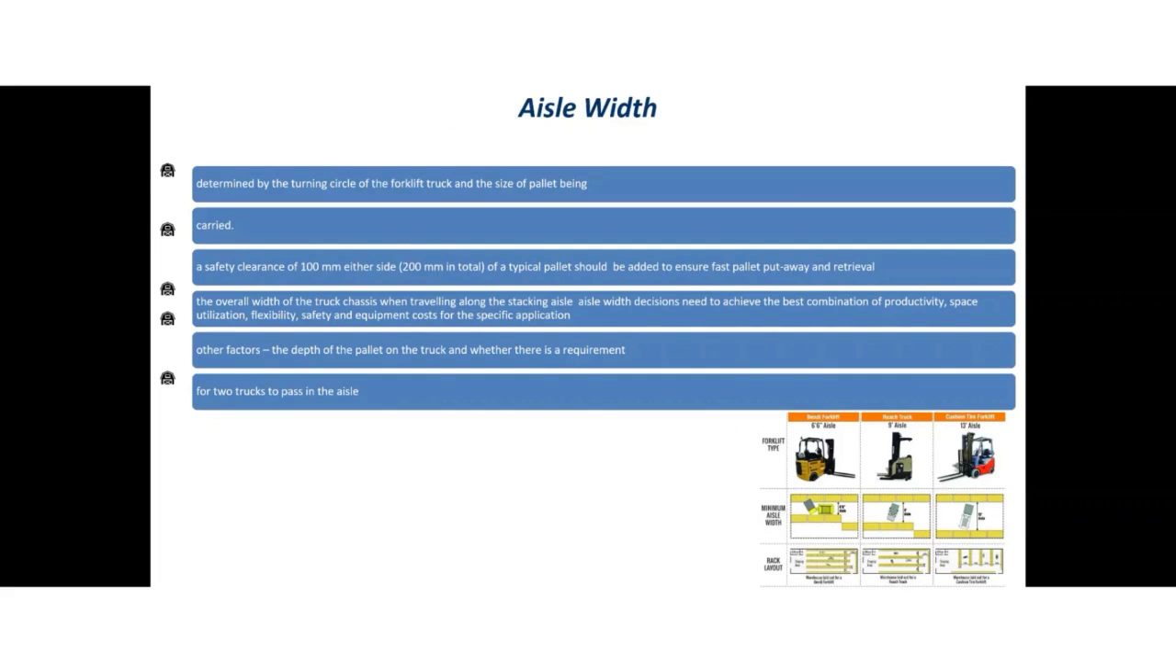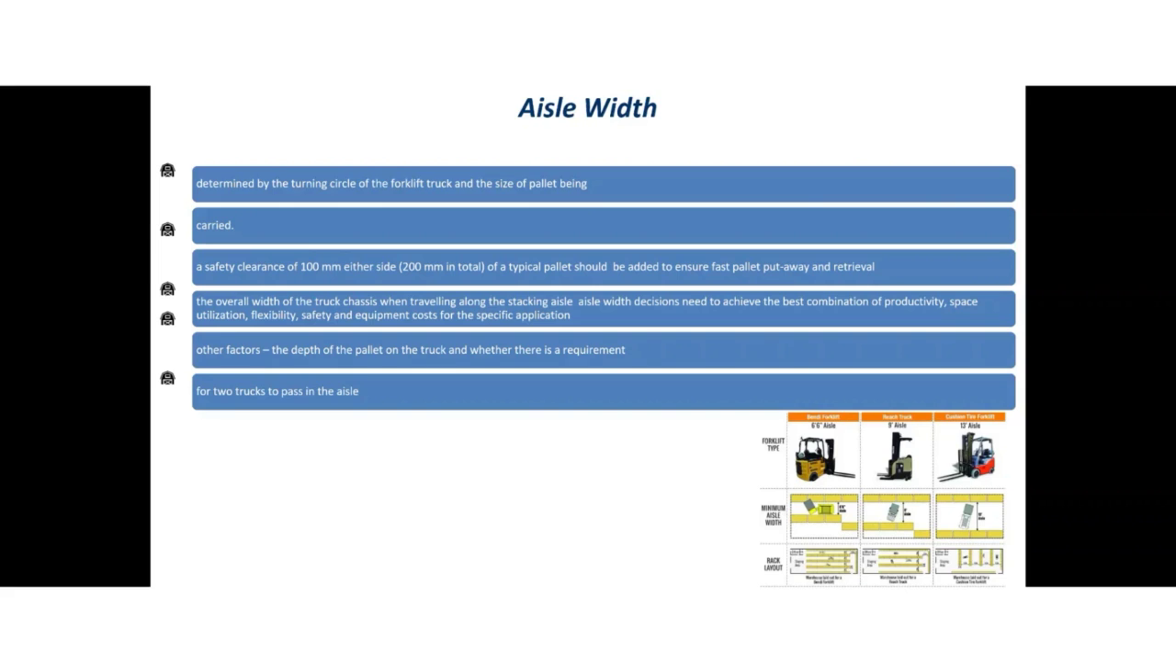The second dimension is the overall width of the truck chassis when traveling along the stacking aisle. Manufacturers of forklift trucks will provide recommendations on the minimum aisle width required for their trucks. Deciding on the optimal aisle width is a critical part of an overall storage or materials handling strategy. Aisle width decisions need to be achieved by the best combination of productivity, space utilization, flexibility, safety, and equipment costs